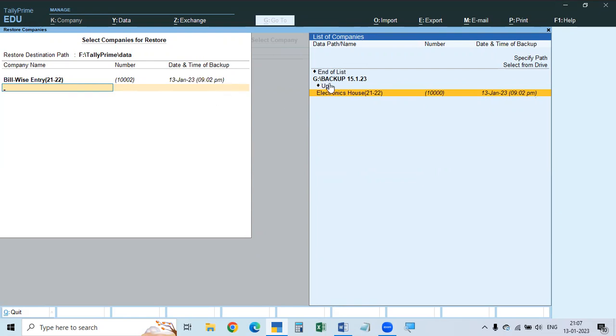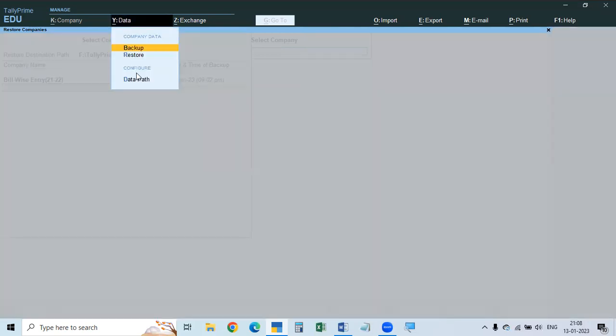Here, sometimes when you specify path, you specified G and backup 15.1.23, and we click, it has come here and the names are available here. But sometimes even if you do that, the backup file and path will be there, but the names will not be available, because in such a case there will be some problem in the backup path. Then what to do is, if these 2 are not available, we don't do anything, go to data, click, see here,